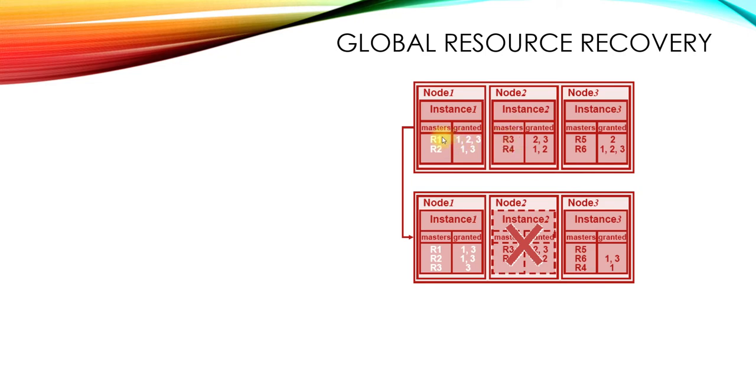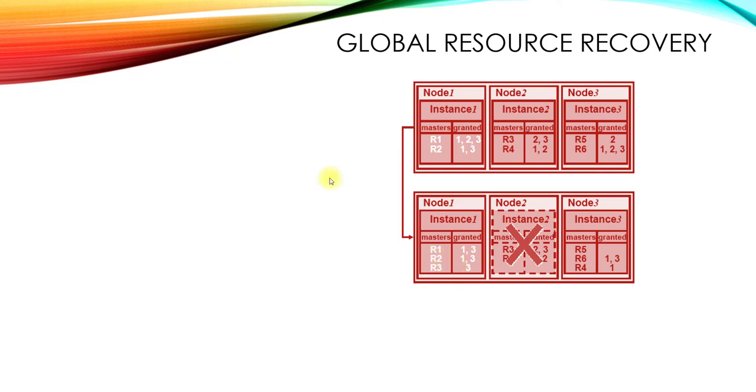Okay, and node 1 has row 1, row 2, row 5 and row 6, and node 3. As you can see in the picture, as soon as node 2 goes, the remastering and mastering happens again, and these rows will be assigned their master. Because there has to be a master.